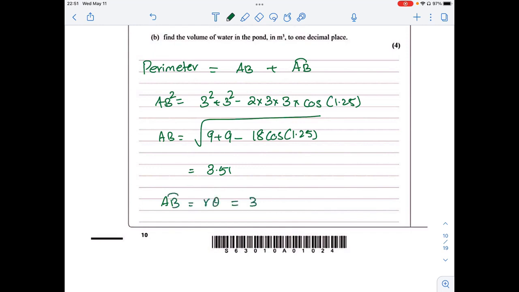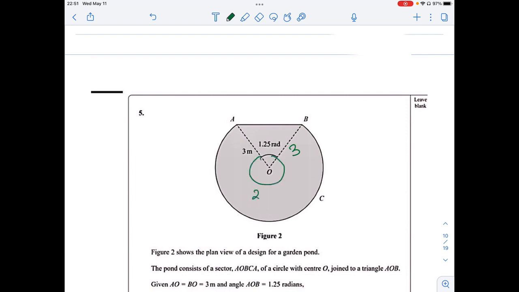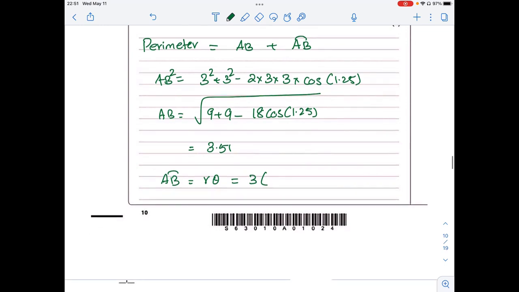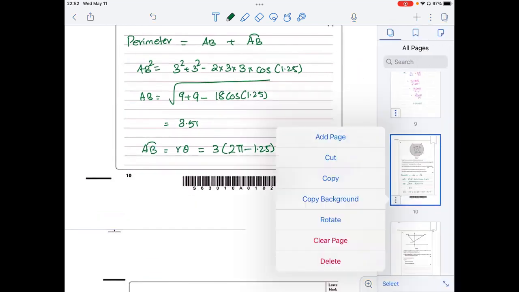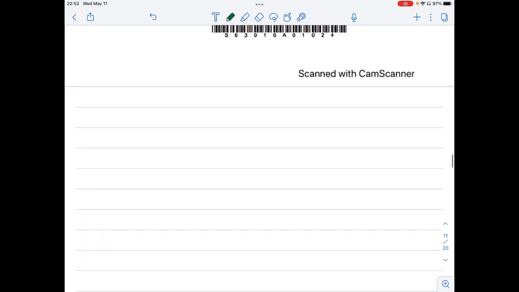R theta, radius is R, 3, and theta. Theta is going to be 2 pi minus 1.25 because the angle in a circle is 2 pi, angle at a point, so 2 pi minus 1.25. So use the calculator, you should be getting 15.10. Once I get that one, so therefore the perimeter is going to be